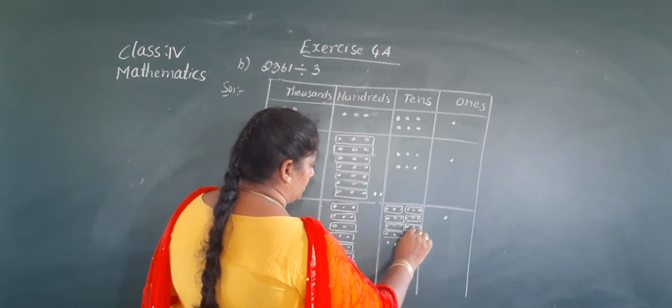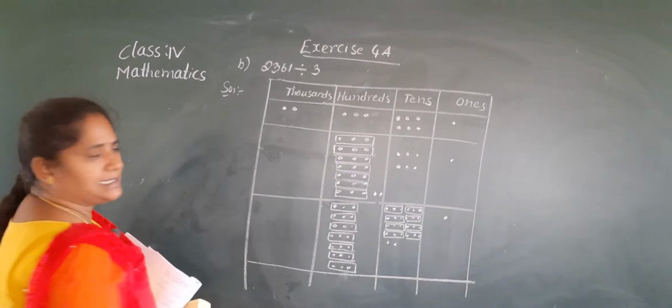Okay. Here how many are left, children? Here 2 dots. Now next step, we have to convert these 2 dots into ones. That means 2 tens equal 20. So we write 20 plus 1, 21. Okay, up to here you know that? Okay, next to continue. So we will write an asterisk on this one. I will write this side.